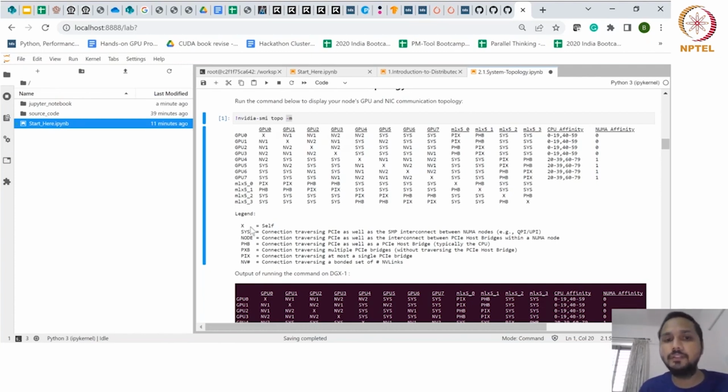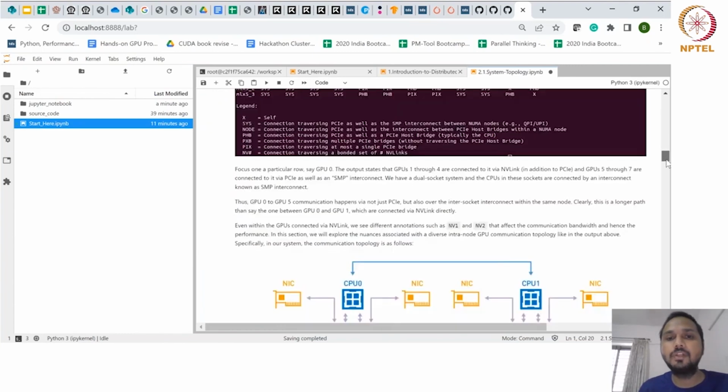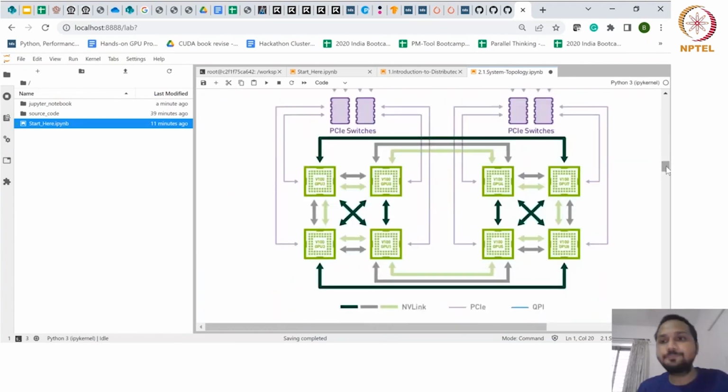And you can see here, what are the definitions of NV? NV is the connection traversing a bonded set of number of NV links, right? So how many NV links are you actually traversing through? To give you an example of the topology which we showed last time in the DGX, if you can see here, GPU 0 and GPU 1 are connected via one NV link, so hence NV1. But if I look at GPU 0 and GPU 3, they are connected to each other via two NV links,